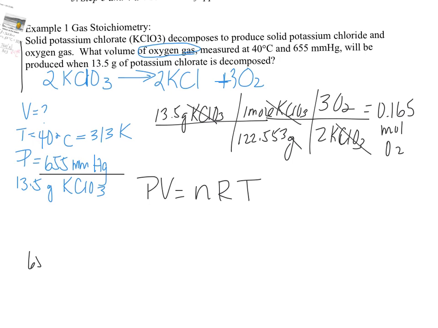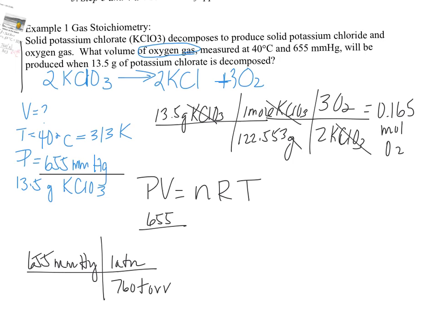So 655 millimeters of mercury. You need that in ATM because our R constant is in ATM. So 760 torr is equal to 1 ATM. So you have to do more dimensional analysis. So I'm just going to do this. I'm going to do 655 divided by 760 in my equation times X equals